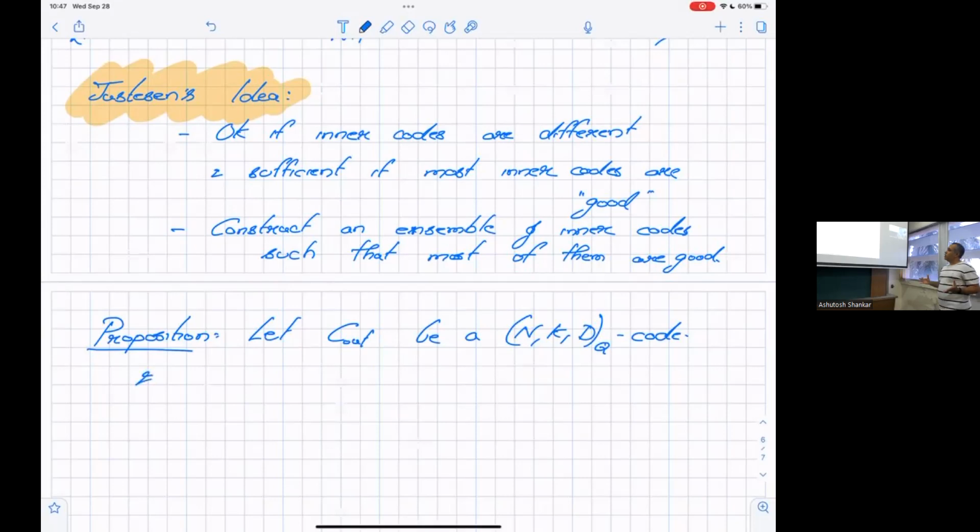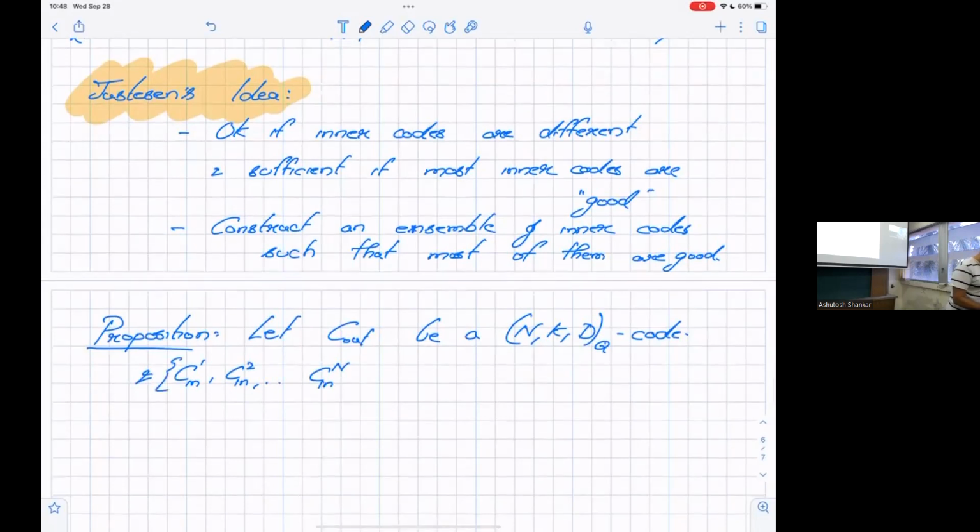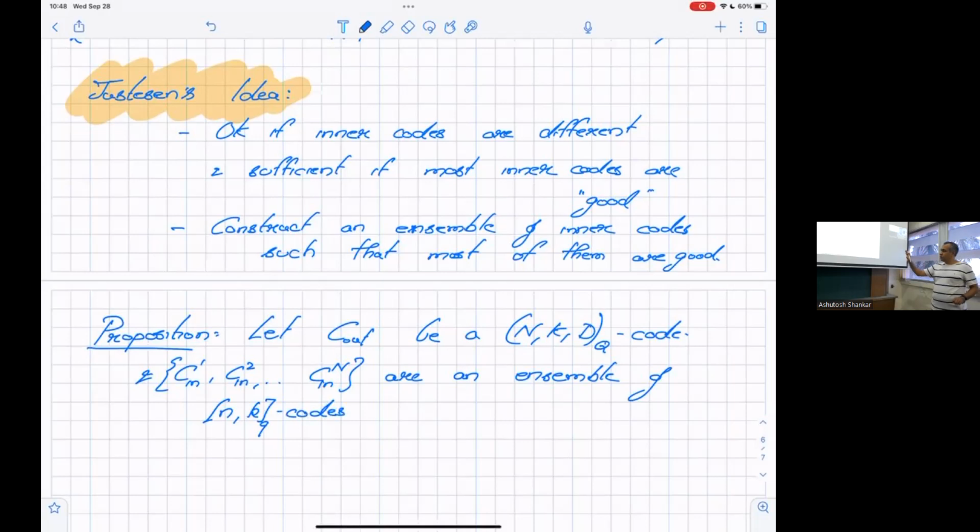And we are not going to have one inner code, we are going to have C1, C2, up to CN, N inner codes, one for each position. An ensemble of NKQ codes, that is, right now I'm only talking about the dimension and the rate, where Q is equal to Q per K or greater than Q per K,